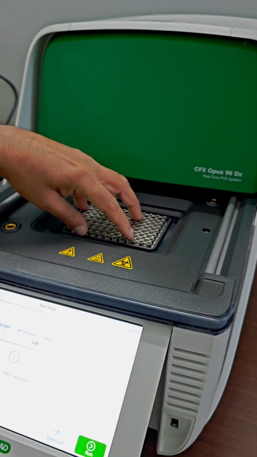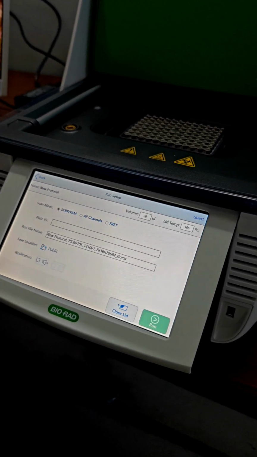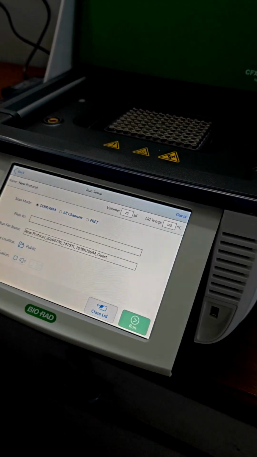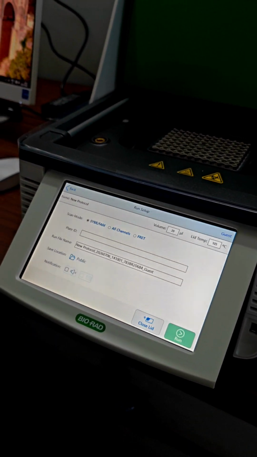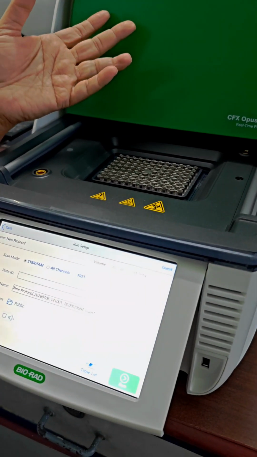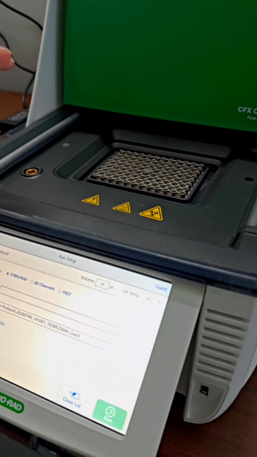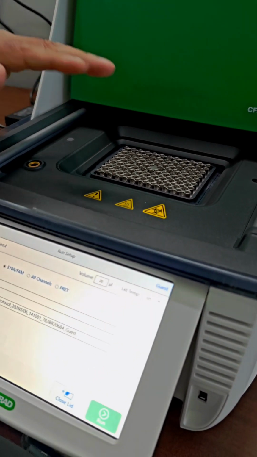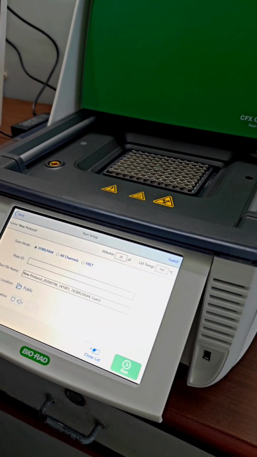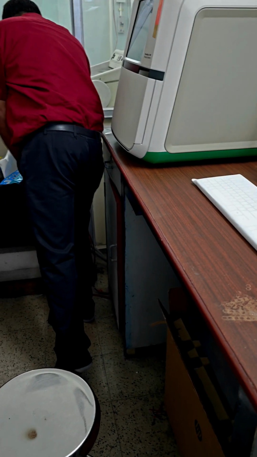Put your plate, tube strip, whatever you want to use. Both options are feasible, but the only thing you have to see is the height of the tubes or plates. There are two types of plates or tubes: one is high profile, the bigger one. If you place a high profile here, it is going to cause a problem with the machine, because it will not sit properly, and it may damage the internal hardware of the machine. So always, this is the plate we keep as a standard.